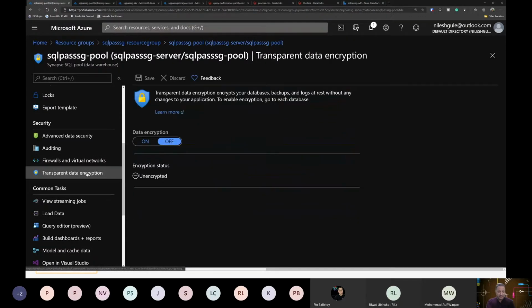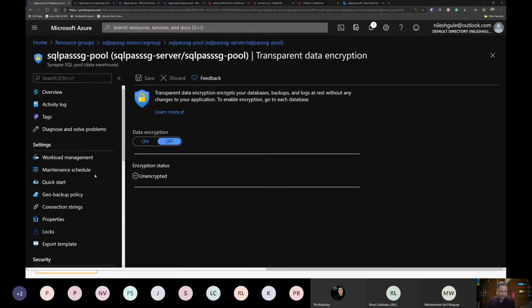And from a data security point of view, we also have transparent data encryption. In the previous session, there was a wonderful talk about data encryption and how we can encrypt data. The speaker had spoken about TDE, and how transparent data encryption works. If you're interested, you can go back to that video from the last session and have a look at that. Again, in this scenario, I have not enabled the data encryption, but it's just a flag. And once I enable it, it is enabled for my SQL pool. So these are the common properties.